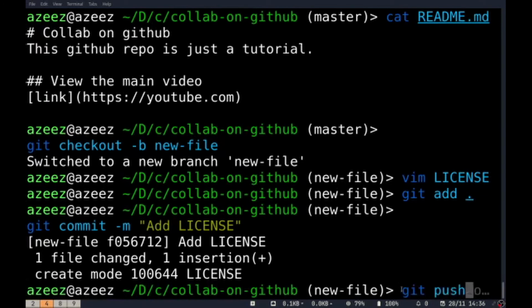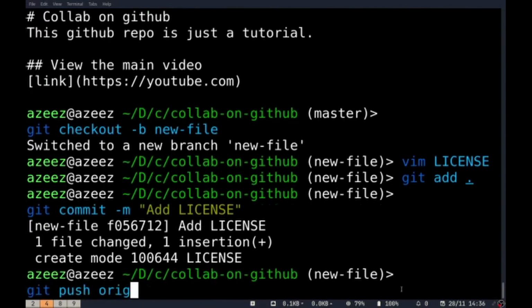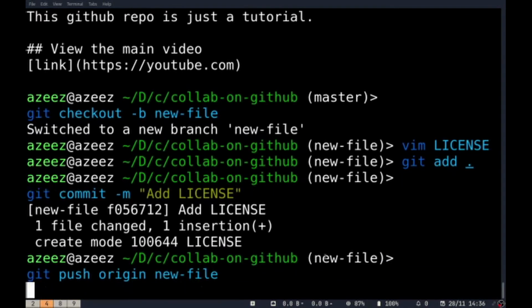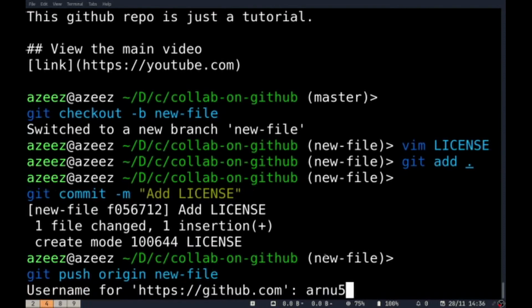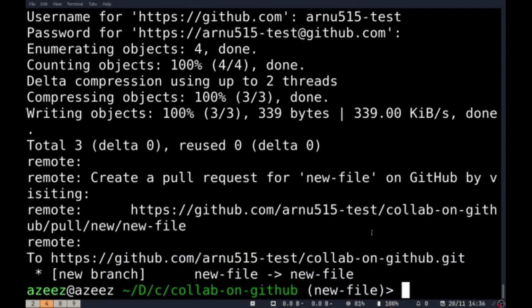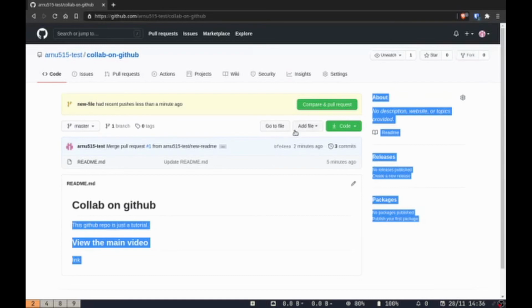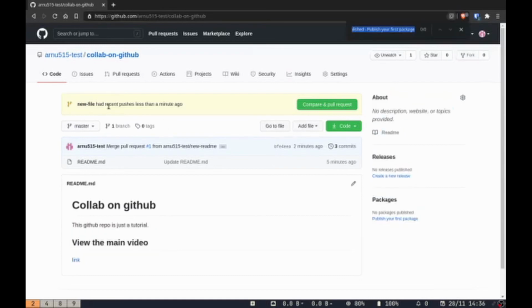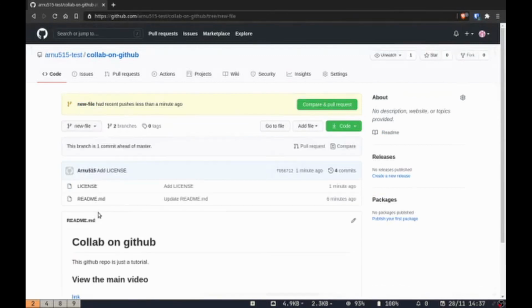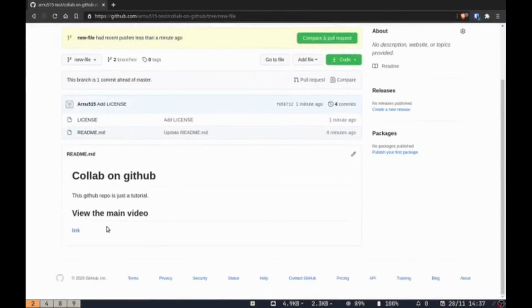and now I'll just push this. So git push origin, and always remember to push to the correct branch. Do not push to master because that's not the correct branch. So git push origin new file. Alright, you can see that we have pushed it successfully, and I'll go back over here, and we don't have to refresh this actually because GitHub already detects it, and you can see it says we have a new branch called new file. Now if we go over to this branch, you can see that we have a license file